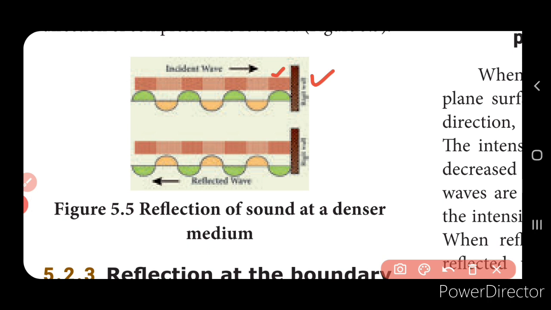Equal force. Now if the compression wave is exerting a force F on the wall, the wall also exerts the same force in the opposite direction, that we have learnt in Newton's third law of motion. Every action has an equal and opposite reaction, isn't it? Now here R, that is the reaction, will be minus F, because the reaction and the force that is exerted will be of the same magnitude, but it will be in the opposite direction.